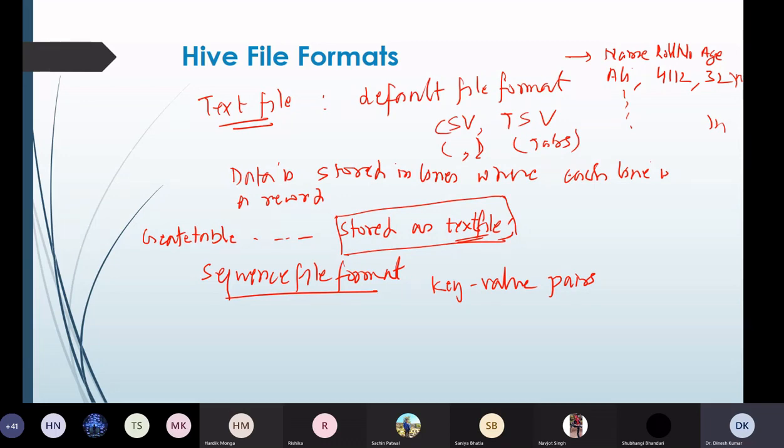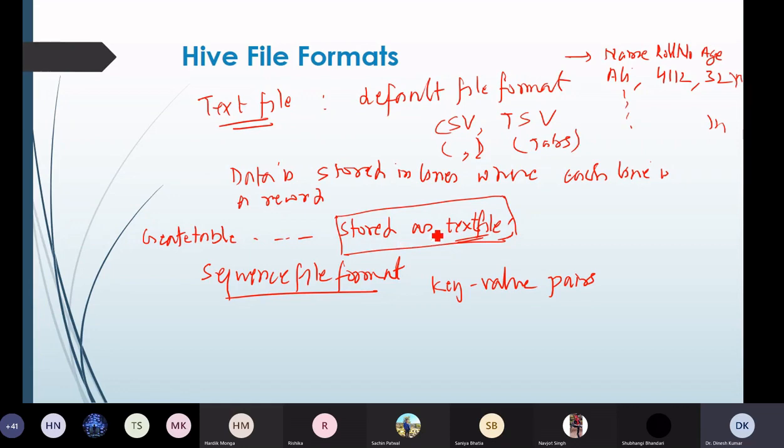These sequence files are in a binary format, which are splittable, and the main use of these files is to club two or more smaller files and make them into one sequence file. So the main advantage of sequence files is that we can merge two or more smaller files into one file.